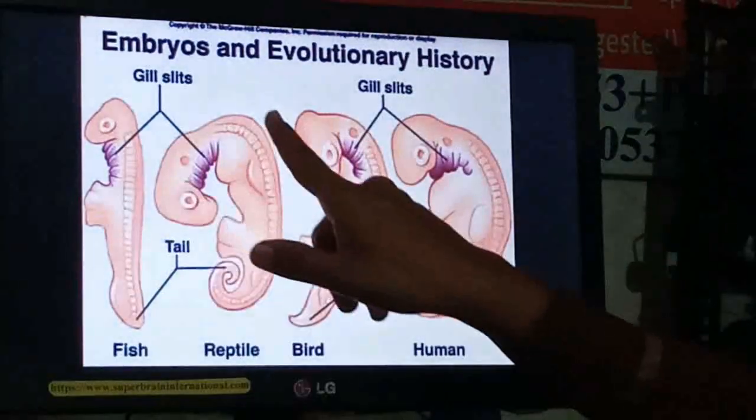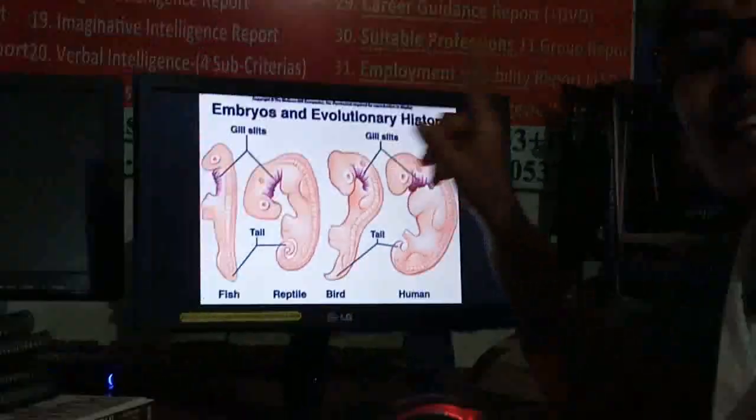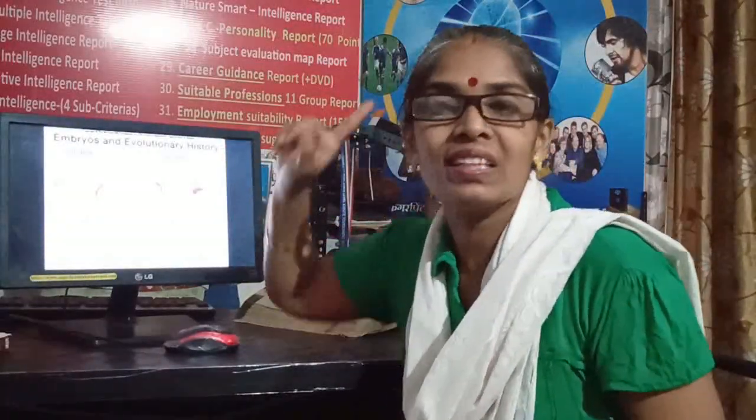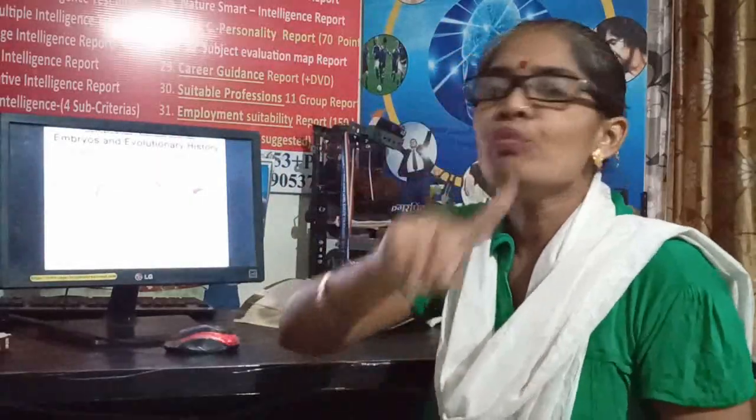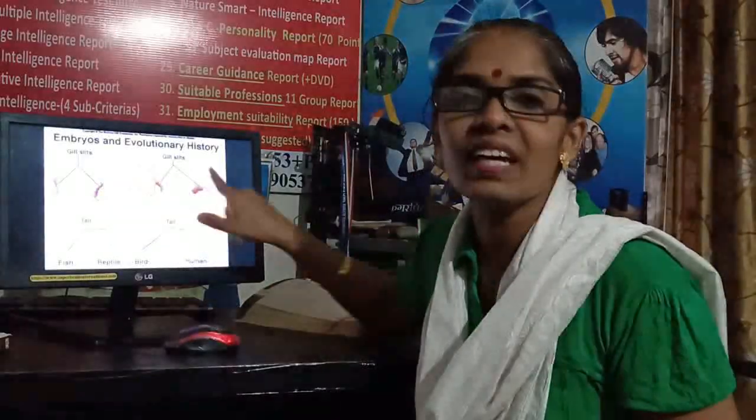Means these four animals have an ancestor that had these characteristics. That animal had gills for respiration, that animal had a tail, right? So because of that, the different forms which evolved from that one common ancestor will show the ancestral characteristics, because every organism shows the ancestral characteristics once in its life.